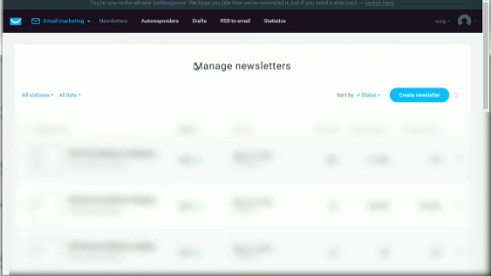You email them one time and everybody gets the email at one time, and then autoresponders are, of course, what we're talking about in this course. Drafts are simply emails that you created, but you haven't sent out yet, so you can retrieve them at a later date if you want to. And of course, you have RSS to email. We hardly use that. And statistics, which you definitely need to use.